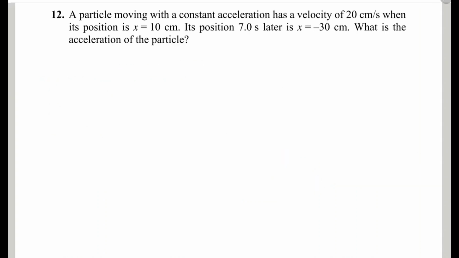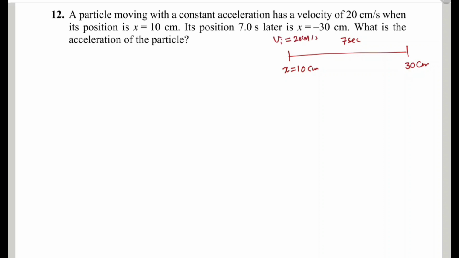A particle moving with constant acceleration has a velocity of 20 centimeters per second when its position is x equal to 10 centimeters. Its position 7 seconds later is x equal to minus 30 centimeters. What is the acceleration of the particle? So let's have a quick sketch here. It's in one dimension, and the initial position is equal to 10 centimeters, and the final position is minus 30 centimeters, and the time interval is 7 seconds, and the initial velocity is 20 centimeters